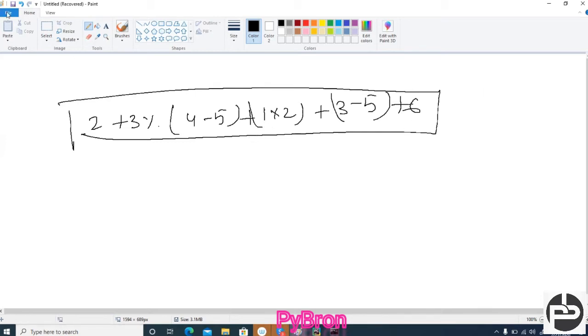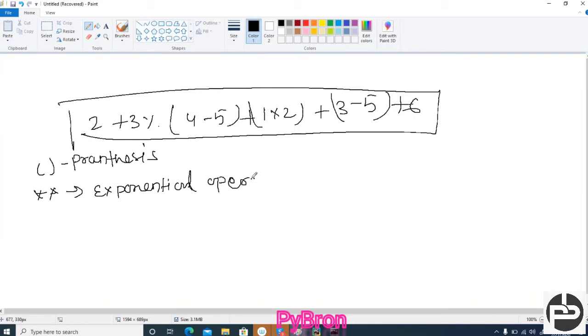First, note down, parenthesis; then the exponential operator. Exponential operator everyone knows, right?